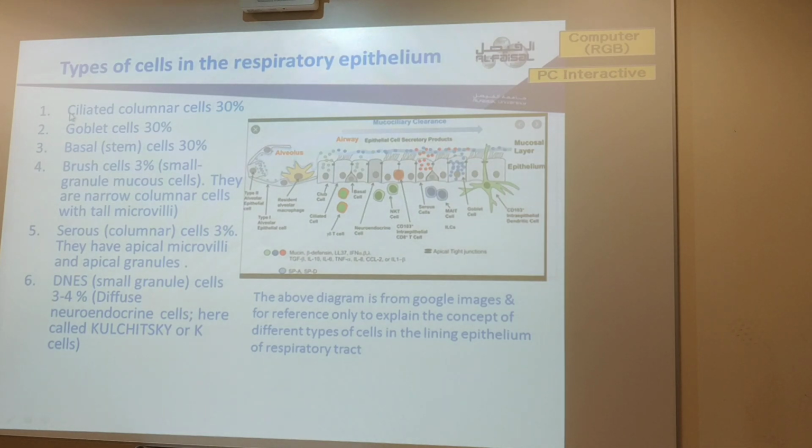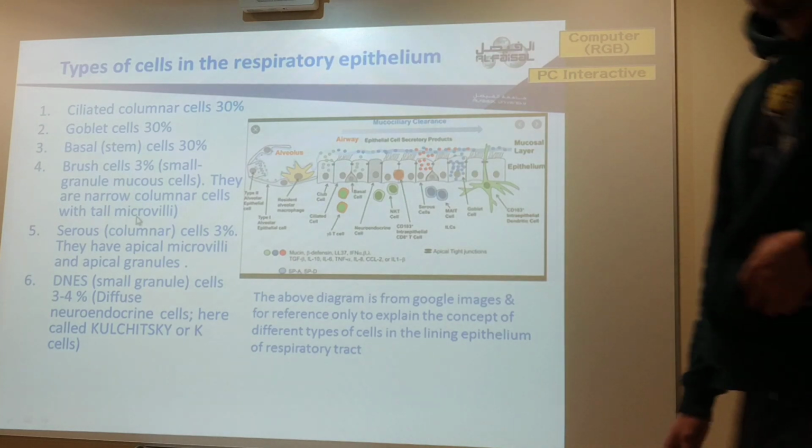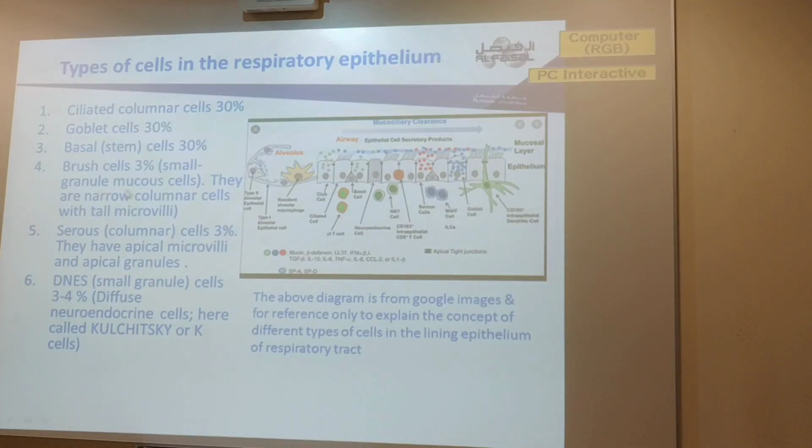Now, what types of cells can be there? Look at this. Columnar ciliated cells. Look at this cell, it is columnar, it bears cilia. Yes. Approximately 30% of the cells are ciliated. What is number 2? Goblet. This cell which has granules in the cytoplasm, it doesn't look like a goblet, but just consider it as goblet. 30%. Basal stem cell, an undifferentiated cell, somewhere here, 30%. Now, there are cells called brush cells, small granule mucous cells,